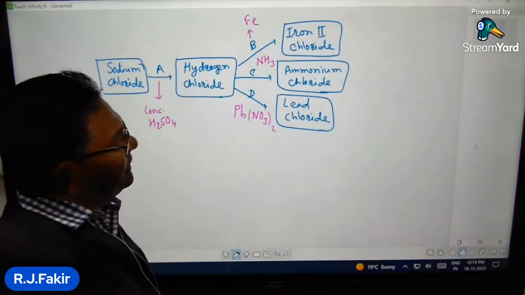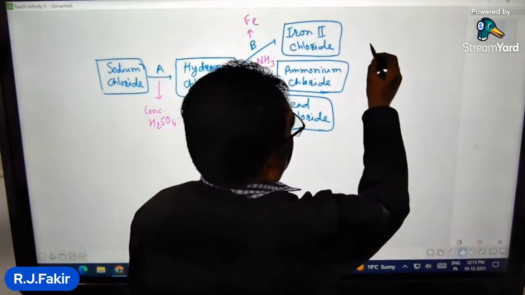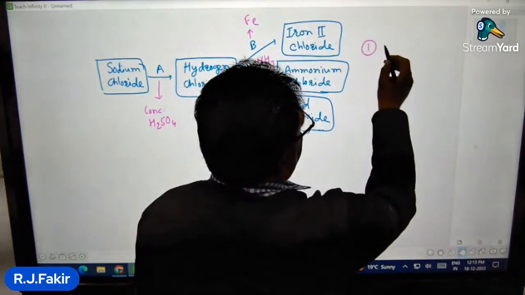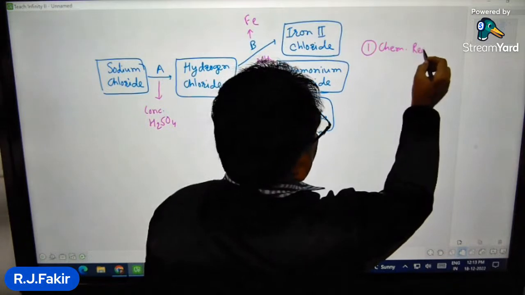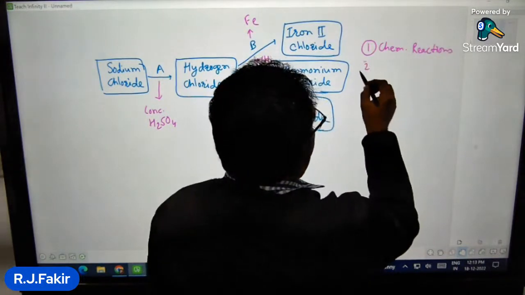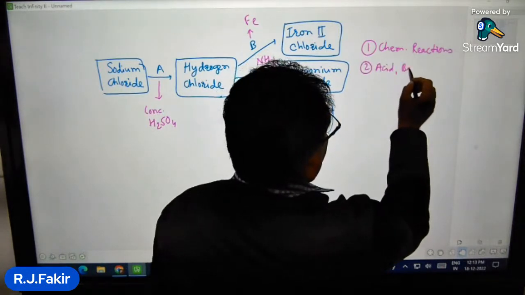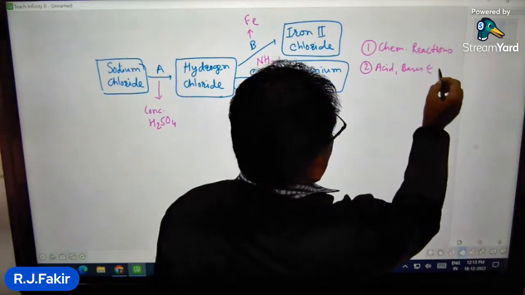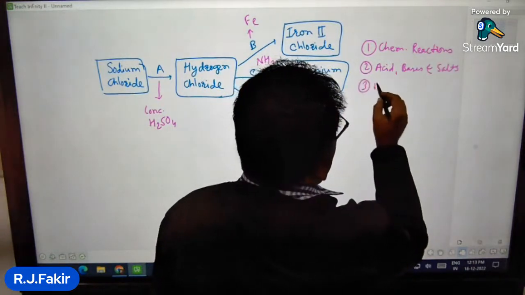So whatever chemical reactions are there in these three chapters, one is the chemical reactions chapter, then another one, acid, bases and salts,